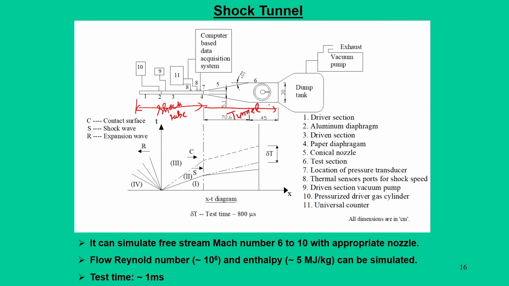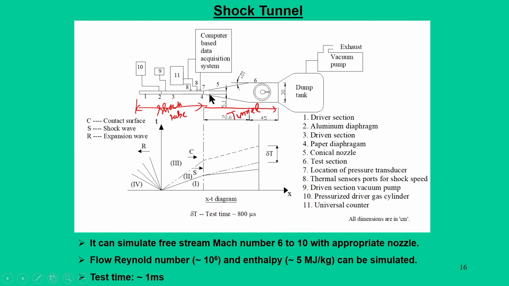So, by tunnel part I mean the high pressure gas which is generated as a test gas in the shock tube. We want to expand this gas in a nozzle. Another nozzle is attached to it, and this nozzle connects to the test section. When you do it, then we can get a desired Mach number.